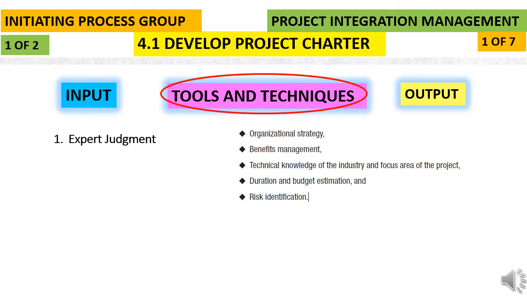Expert judgment is basically a judgment provided by an expertise in a specific area and or the knowledge area and in the specific discipline and the industry as appropriate for the activity being executed in the project. That means an expert who has got a rich knowledge, both domain knowledge and the industry knowledge,